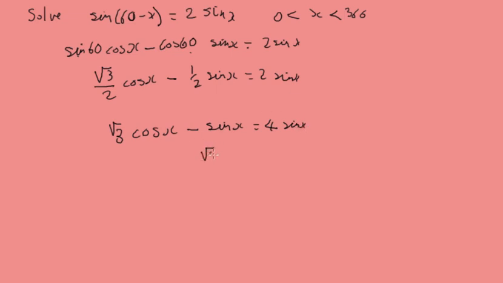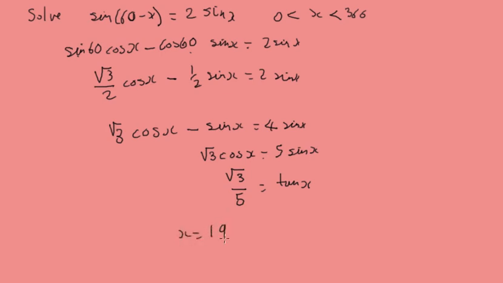It's just simple playing around with our formula. So let's bring this over here, so it's going to be 5 sine x. And then we're going to rearrange this to get root 3 over 5 equals tan x,